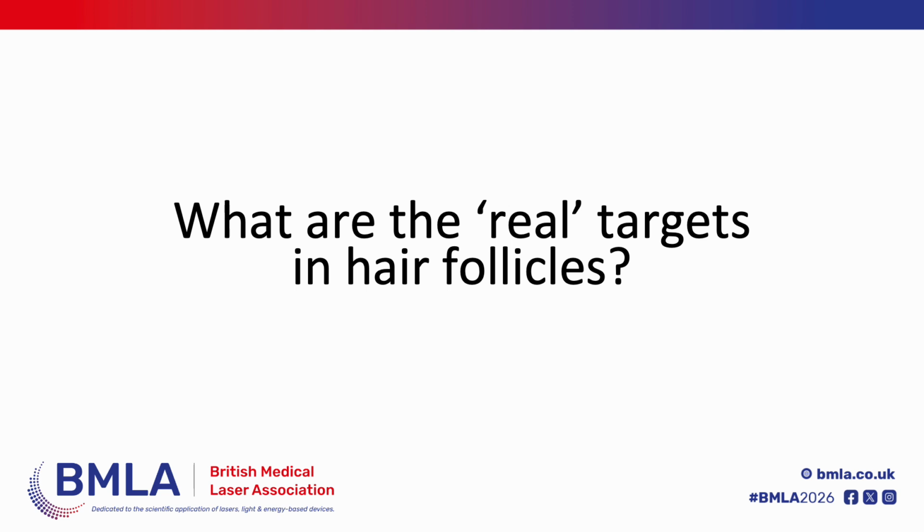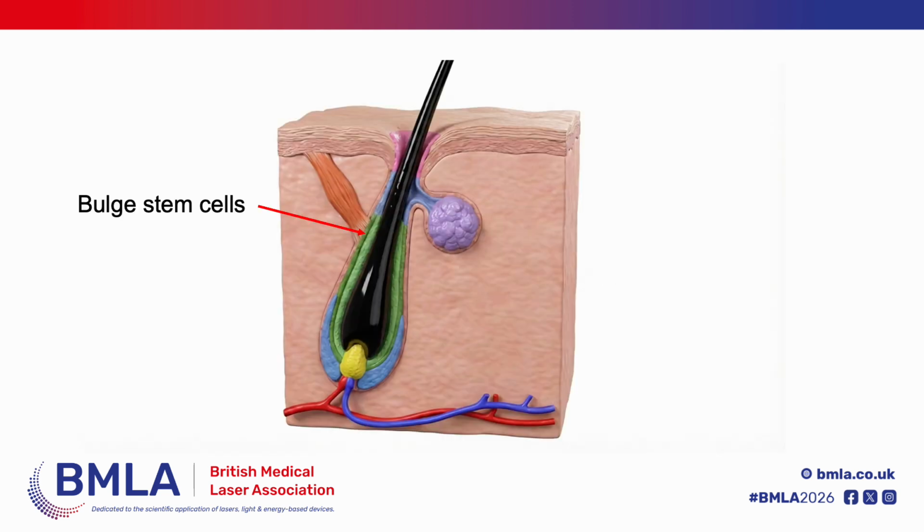So the first thing we should discuss is what the real targets are when we're trying to destroy hair follicles. Back in the olden days, I used to think it was just the stem cells in the bulge, which is located in the upper part of the follicle. And then later I realized that the dermal papilla is actually a very important target. This is the nerve center of a follicle. It sends out the signals to make the follicle grow and then subsequently die, I suppose, when it goes into